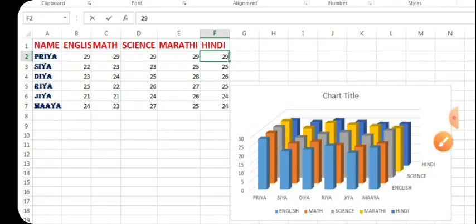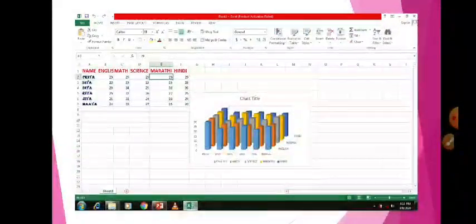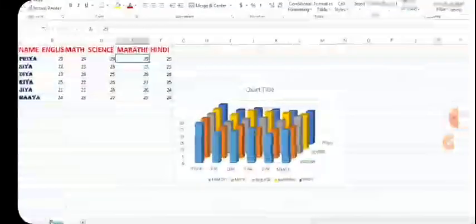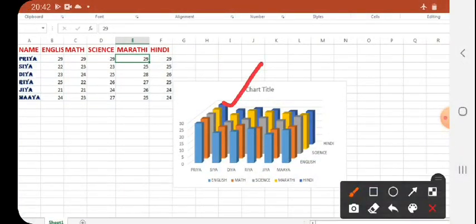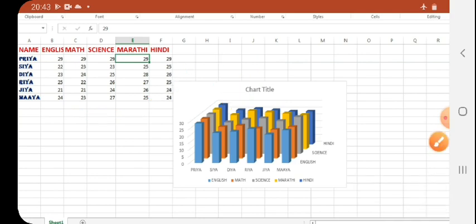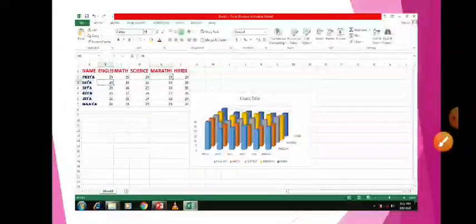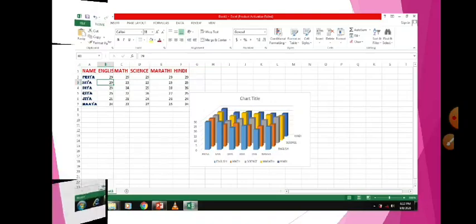Okay, now we will change. When I change it, then see, the mark changes, and the size of the chart also changes. Understood? See, every change depends on whatever changes you are doing here in the markings or names or everything, and that will show you here. The result will be here. Okay, understood?